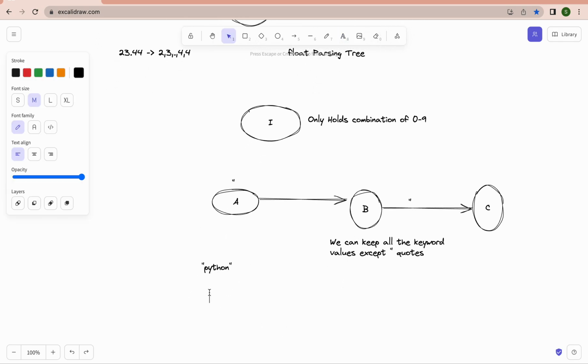Now let me write here within double quotes. Okay, let me remove the double quotes. I am writing here Python. Now try to identify whether this is matching with the interpreter or parsing tree or not. So okay, first double quote is matching. Now it is going to PYTH, it is matching in the